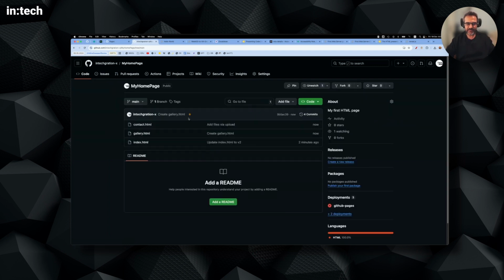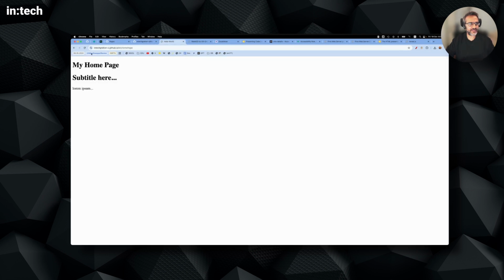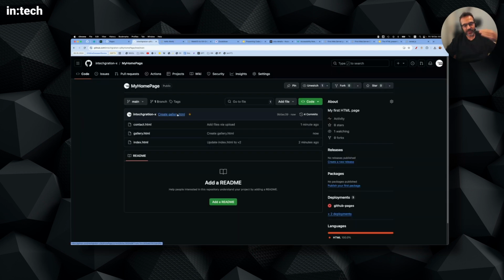And every time you make some changes, you will see that the building process restarts. So you have to wait for the building process to succeed. In here, I think you will see the version 2 was already ready. The building process completed. But now GitHub is once again starting the building process to have contact and gallery HTML available,